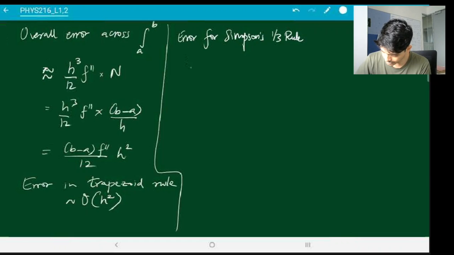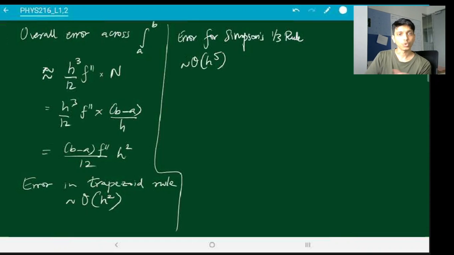And it turns out that in this case, the total error turns out to be of the order of h to the 5. So it's much more accurate than the trapezoid rule. So in general, if you have a choice between trapezoid and Simpson, it's much better to use Simpson's rule. Okay,